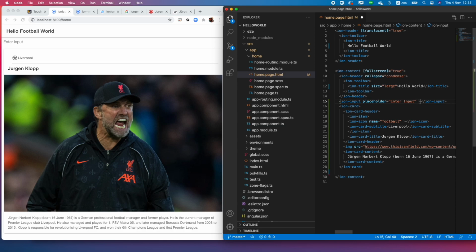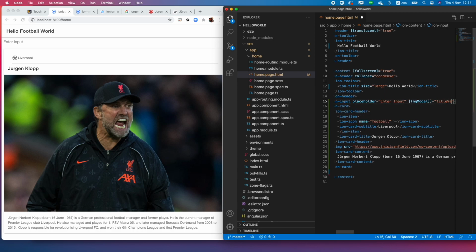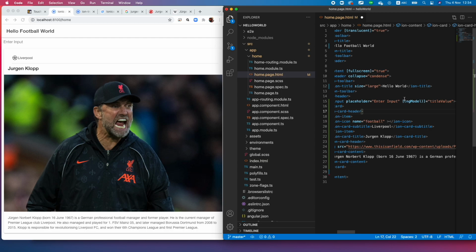So in this part, this is the way that you can define the ngModel or Angular model. So use the square bracket and the normal bracket and use ngModel and make it equal to the name of your variable. So for example, I use the title values to be our variable, and you have to